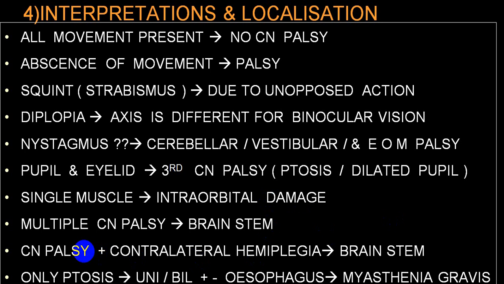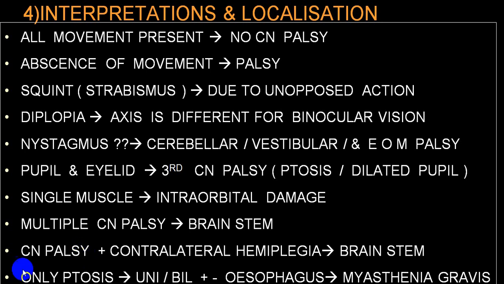So in the upper part of the midbrain, you get a third cranial nerve palsy with opposite side hemiplegia. In the lower part of the midbrain, you get a fourth cranial nerve palsy, and on the opposite side you will have hemiplegia. But remember, if you get right side upper midbrain damage, you will have a third cranial nerve palsy on the same side and opposite side hemiplegia. But as far as the fourth cranial nerve is concerned, from the trochlea the fiber emerges and crosses to the opposite side, so it supplies the opposite side superior oblique. So you should remember that.